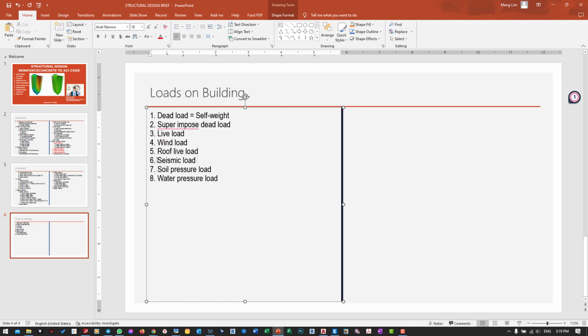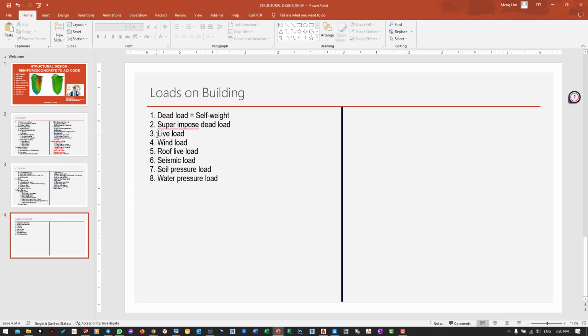load. For the seismic load, soil pressure, wind pressure, and water pressure: in Cambodia we don't have any history record about the seismic, so we will not define this load. And for the soil pressure, our building does not have a basement, so we will not define the soil pressure. And also the water pressure, we don't have any swimming pool in our model, so we are not going to define the water pressure. So now we will define the superimposed load, the wind load, and also the